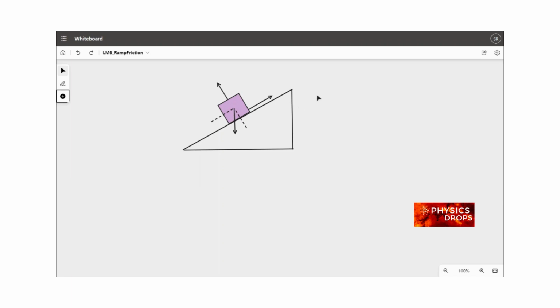Hi, let's look at what forces act on a block which is placed on a ramp as shown in this picture. You can see a purple block which is placed on the ramp as shown by this triangle, and this angle formed here, let's say, is theta,